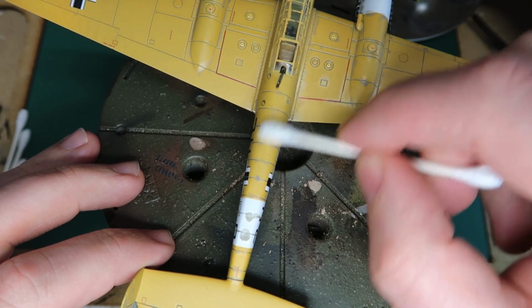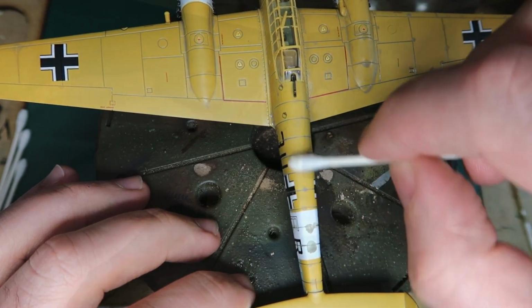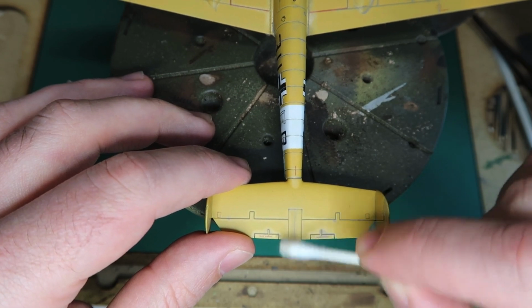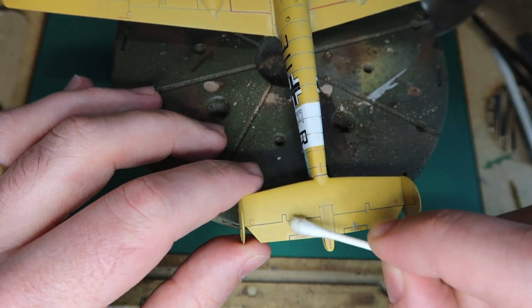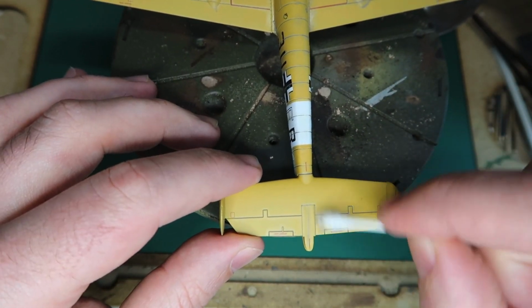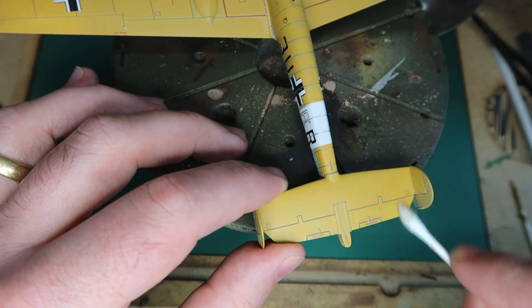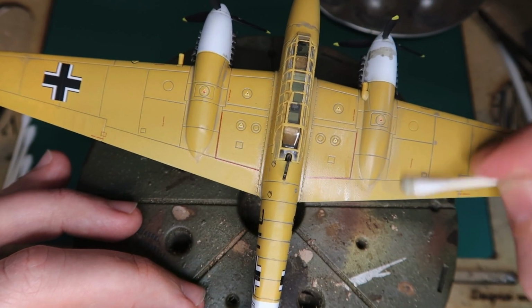So again, no thinner. I didn't let this sit as long as sometimes on the armor models and things. I'll let the wash sit overnight, but I probably let this sit for about 30 minutes. So just enough time for some of that color to start setting in and get a little bit of that thinner to start evaporating. And then I didn't use a brush once. I just used a couple Q-tips,